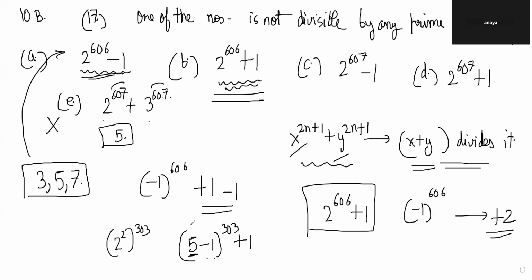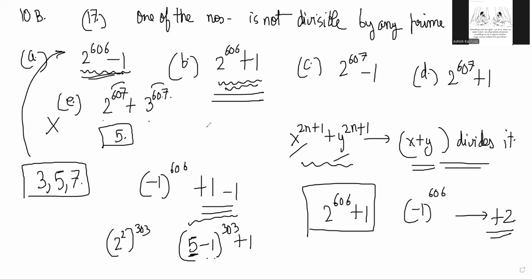This is a binomial expansion with 304 terms. All the terms in the binomial expansion have at least one 5, except the last term, right? So that last term, if you see,